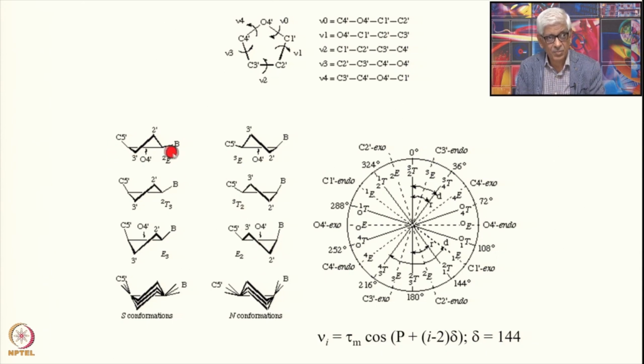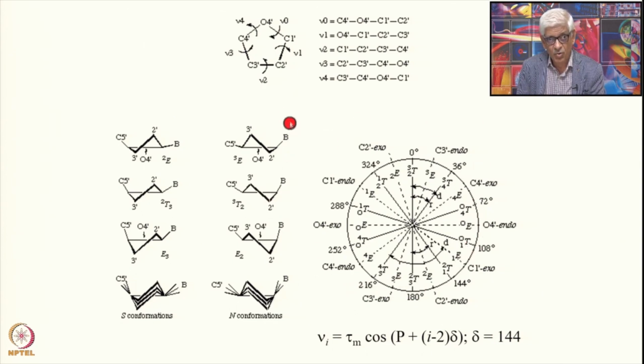So, you have in one particular case only one atom above the plane while the other 4 atoms are in a plane, you can also think about that, and those ones are O4 prime endo or O4 prime exo, 4 atoms in a plane and one of them is above, and all other ones are kind of twisted to a certain extent, which is closer to 180. This is called C2 prime endo, and then you have C3 prime exo here and so on and so forth. So, you see P is an important parameter which determines the nature of the sugar ring,